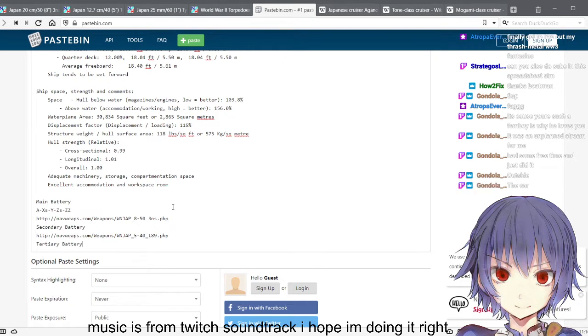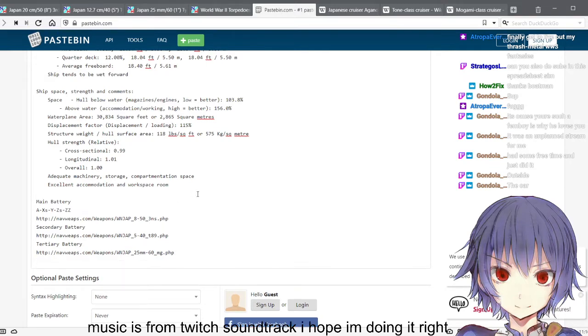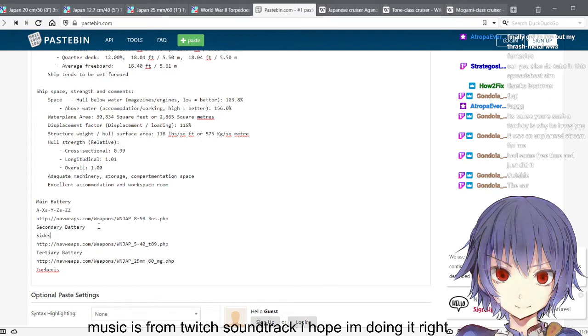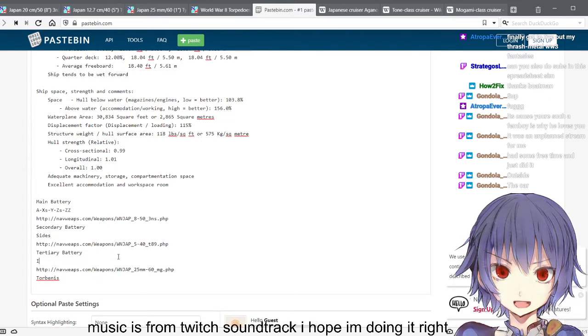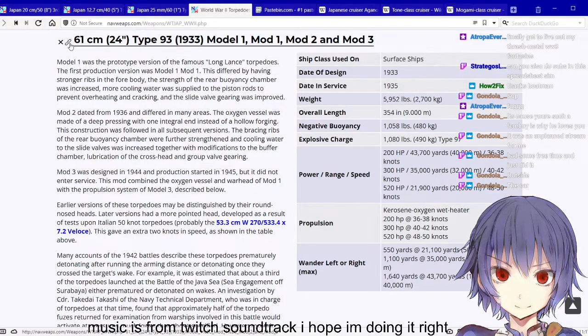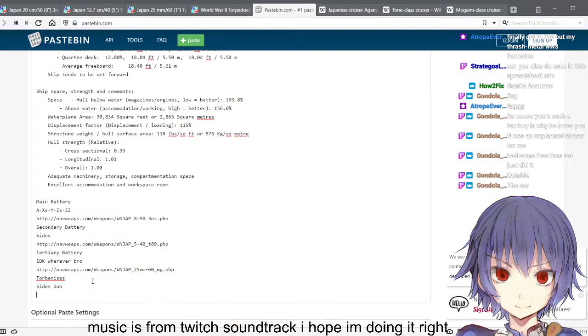Tertiary battery? Yes, thank you, Gondola. Big thank you. Mwah, you get a kiss for that. For Venus. So plane, we're gonna go to